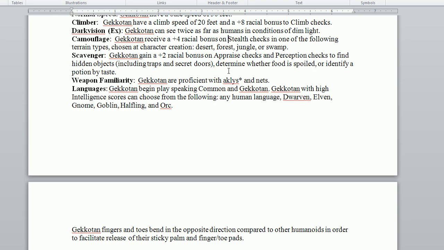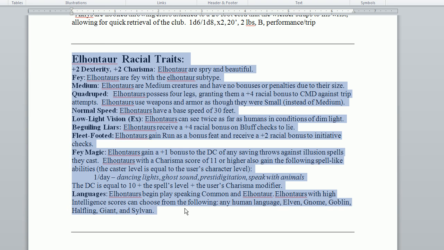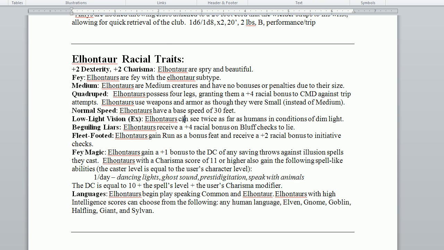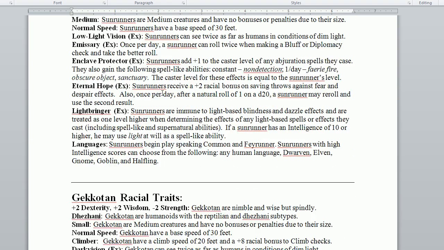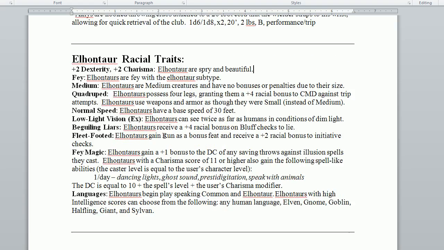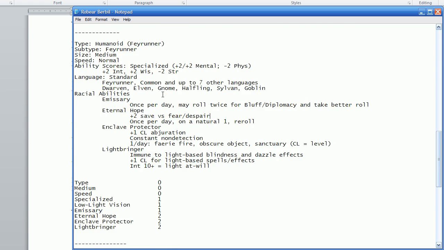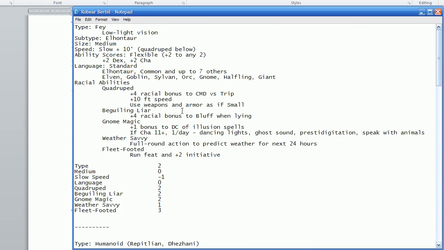Yeah. The last one, we'll just go real quick. This is the Alontar. Forget the name. It's really stupid. I made it up. But I wanted to use the Fey type. Since I didn't actually make the Sunrunners a Fey, I made them a humanoid, I said, let's make an actual Fey. So the Alontar, if I have them here...